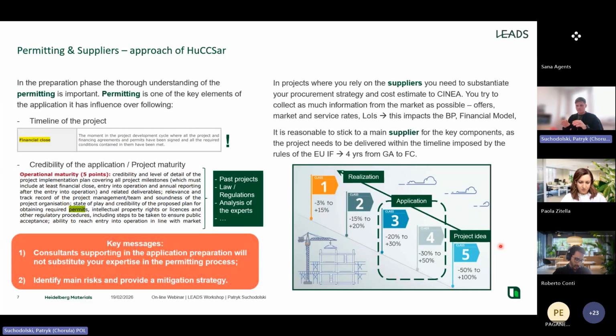Of course, identify your main risk in terms of permitting and in terms of suppliers. Back up your story, trying to find mitigation measures for this, and be open about that, because as Paola said, you need to sell, or maybe you need to present a credible story and be trustworthy, because this will be also marked by the expert. Is it reasonable? Why is it credible? What are the risks associated with this part?